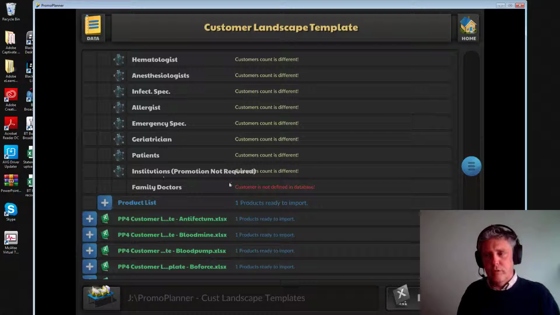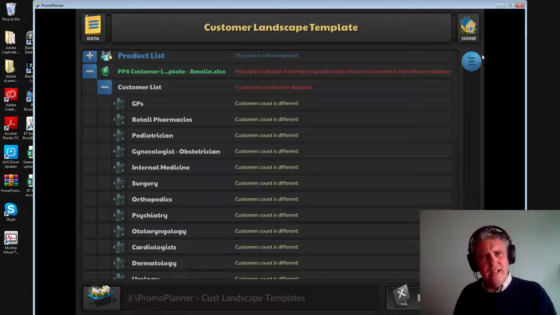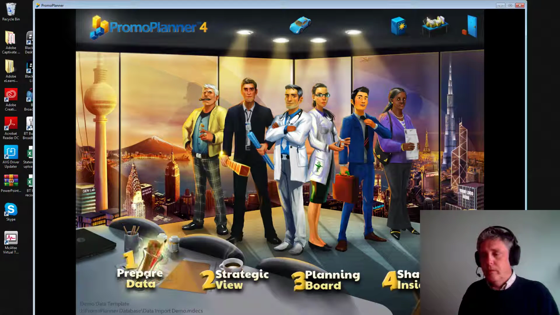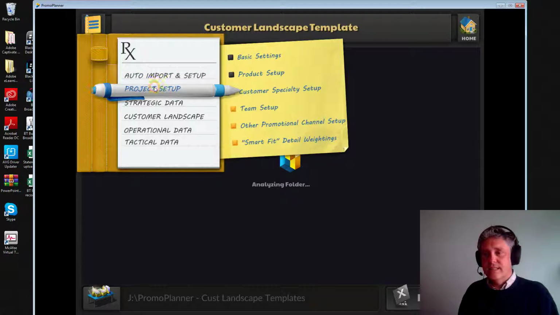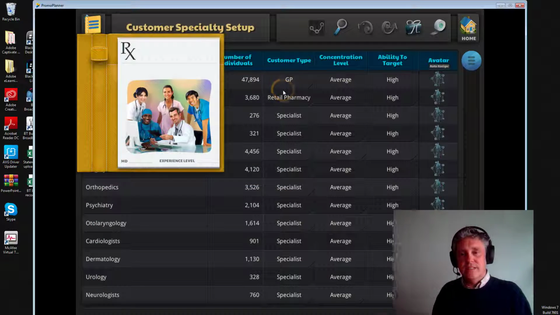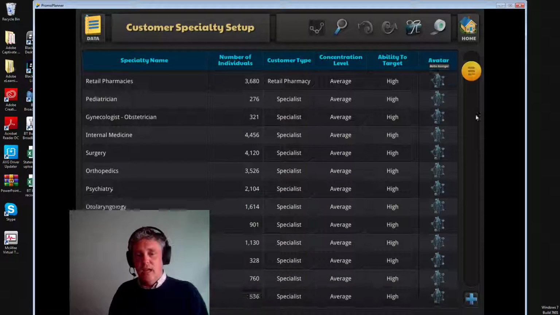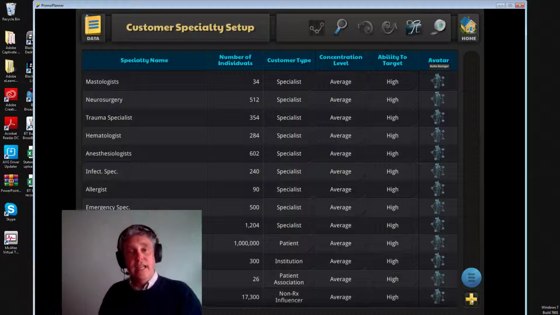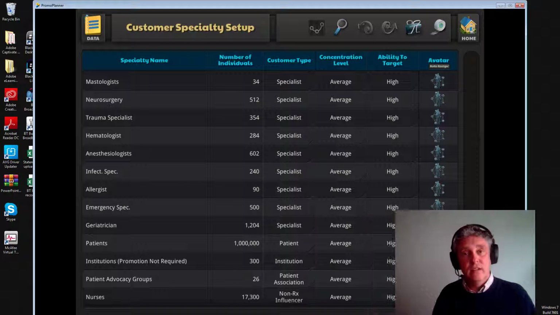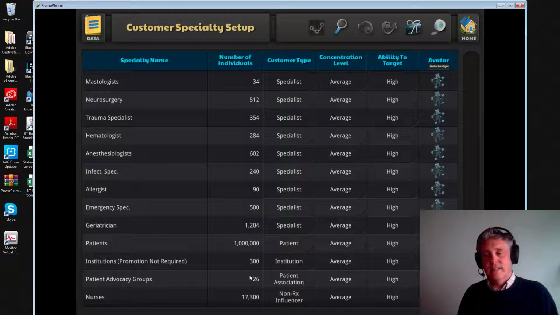We can go back to the product manager for Amelin and say, do you really need family doctors to be added? Because if we do, we should add it. And if we do need to add it, well, we could add it manually. I could go back to Home, back to Prepare Data, go into the data option here and Project Setup, into my customer specialty setup. Here are all my customer specialties. I can go down to the bottom, press my plus, and I can add family doctors if we decide that is the right thing to do. If I press the plus here, I'll get a little set of menus to fill in,